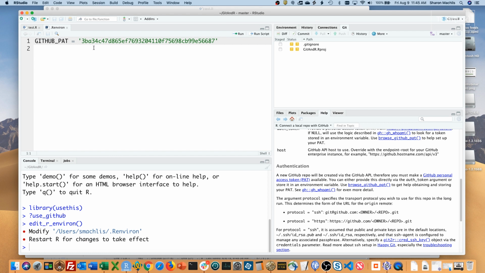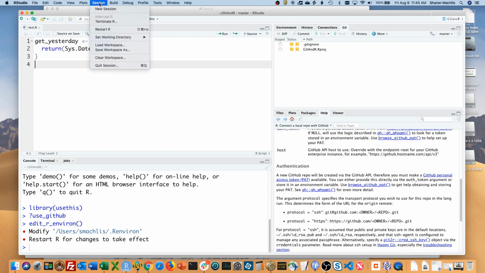And you want to add that token as GITHUB_PAT equals, and in quotation marks. I've already done this with another token, but if you're doing this now, you would need to restart your R session so that the new R environment would take effect.